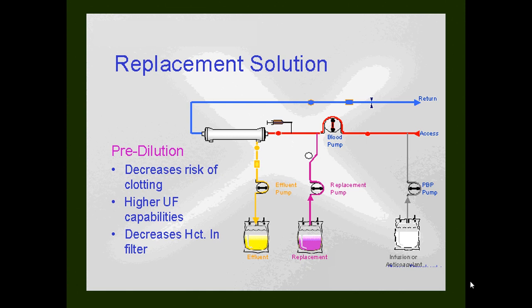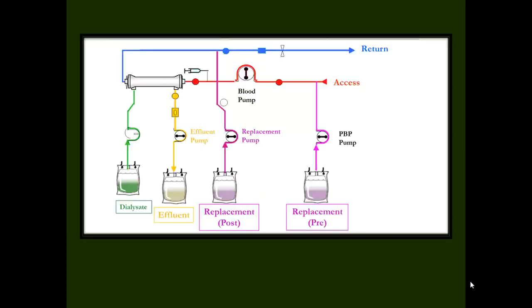So this is where you have to give your pre-replacement fluid. This is the filter, blood is coming from here. This is the blood pump, and you add your replacement fluid pre to the filter. Right? Any confusions? No. So if you want to add post, you will have to add after the blood has been filtered and it is going to return to the patient. Then you add your post replacement fluid. So you can add either pre or post. Not to go into more details, but you can have both the things also.